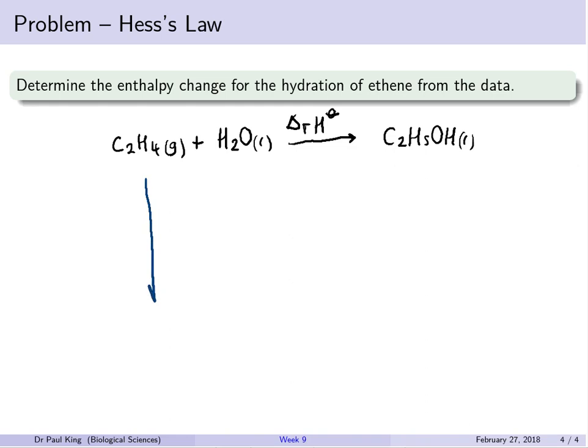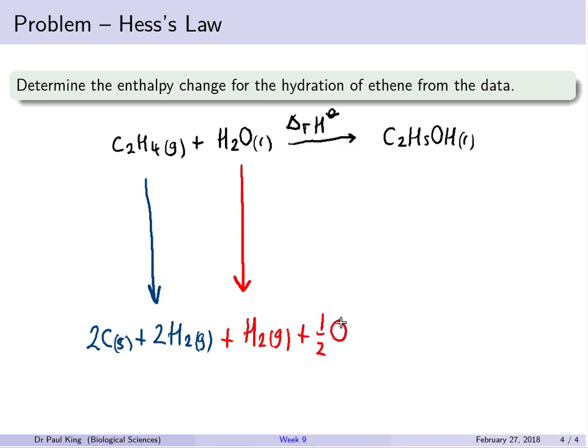So C2H4, as we've just seen, is made from 2 carbons and 2 moles of hydrogen, and water is made from 1 mole of hydrogen and half a mole of oxygen. And then finally our next leg of the reaction will be to take all of these elements and to produce